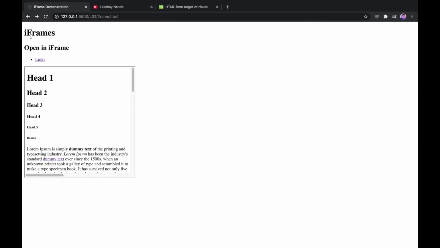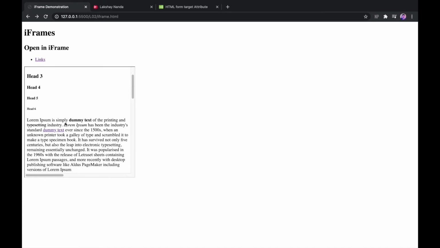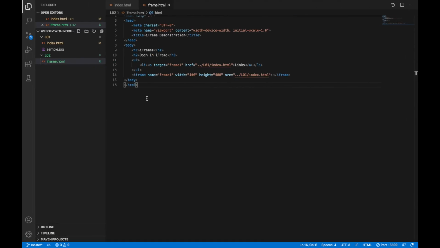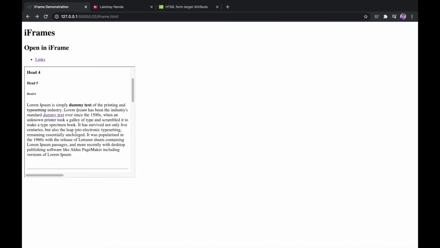So when we click on this website, the link that we have given to it, like index.html, will open inside this iframe.